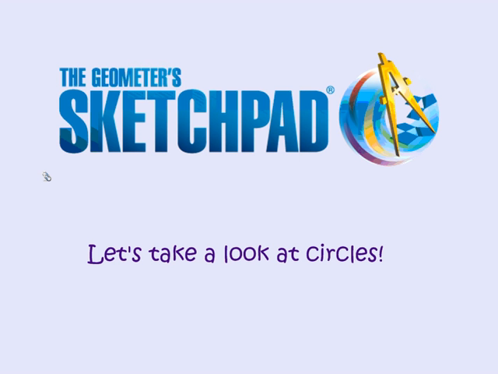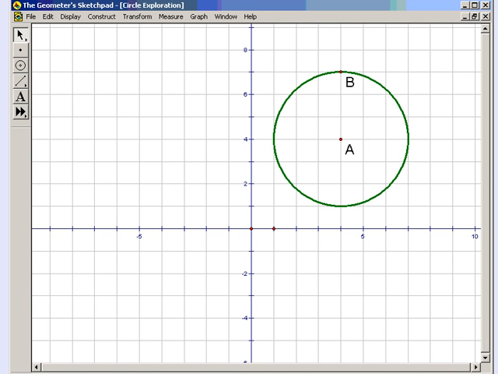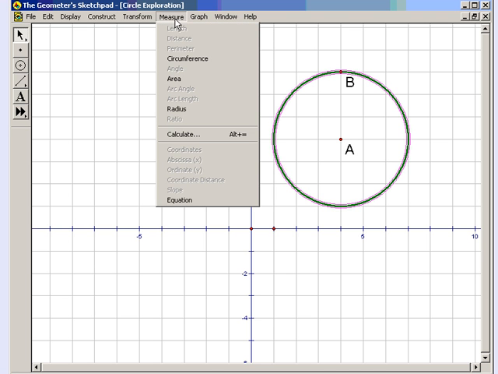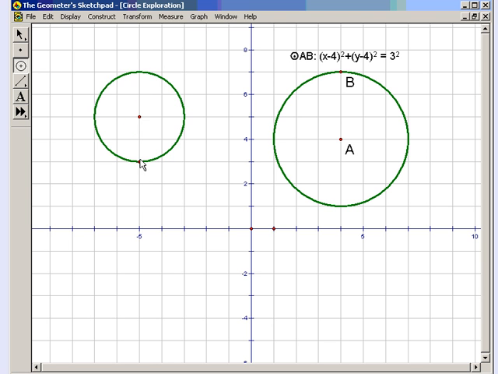center of a circle. To get us started with this, we're going to take a look at some Sketchpad circles and discover this equation to circles. So let me center this a little bit here. Okay, so if we're looking at this, we have our circle. I've already drawn this one in, and I'm going to go ahead and just pull up the equation for the circle. So the equation of this circle is x minus 4 squared plus y minus 4 squared equals 3 squared. Well, let's go ahead and draw another circle, because there's definitely some relationship to these different